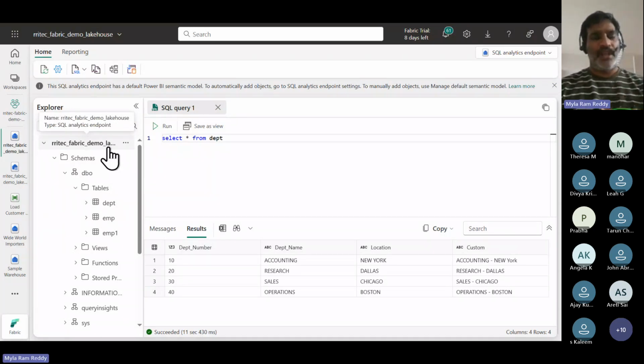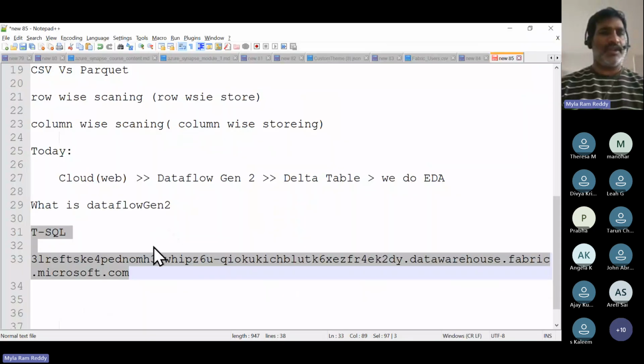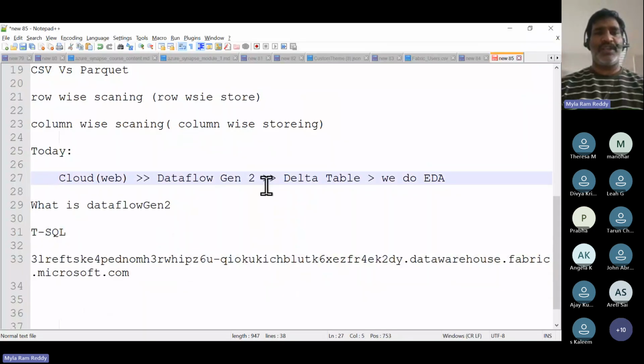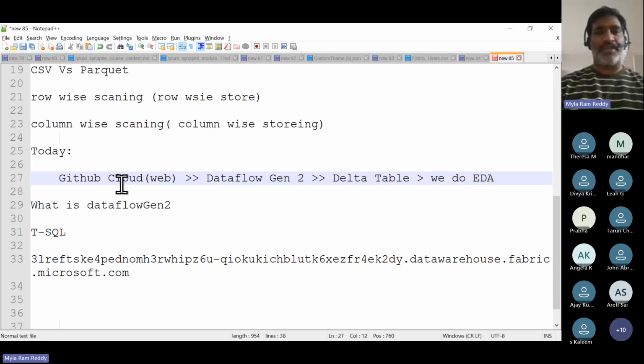Okay. Now, I will give one more task to you. Today, you have to research and come back with answers. So this is the task we did, right? Somewhere in the cloud. In my case, GitHub is the cloud that I used. In the Dataflow Gen2, finally I created the delta table. Then we did the EDA, exploratory data analysis. Now today I am giving one more task to you people,